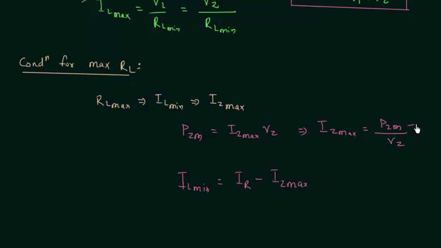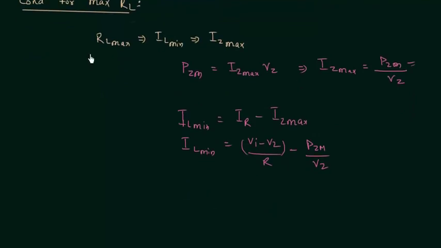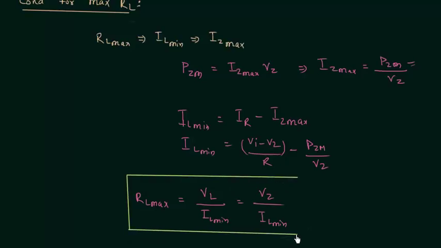Iz maximum is equal to this, and IR is Vi minus Vz divided by R, and Iz maximum is equal to PZM divided by Vz. In this way we can calculate IL minimum. Now we have IL minimum, and by using this we can calculate the maximum value for load resistance. RL maximum is equal to VL divided by IL minimum. VL is equal to Vz, so we have Vz divided by IL minimum. So this is the condition for maximum load resistance, and by using these two conditions we can easily solve numerical